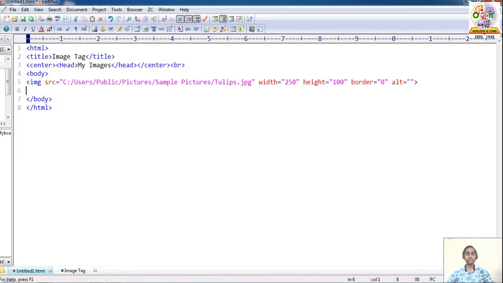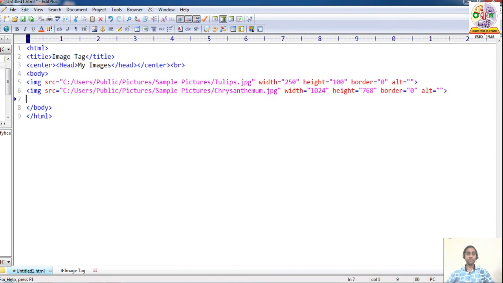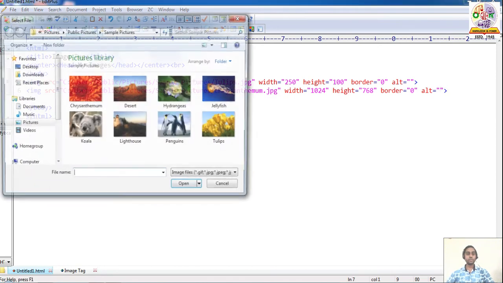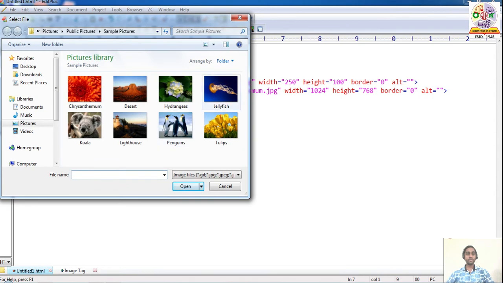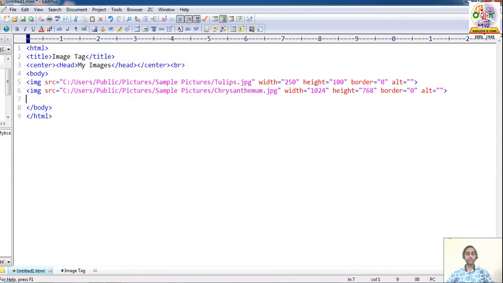Open it. We have to choose another image again. You can click, open it, and set its size.